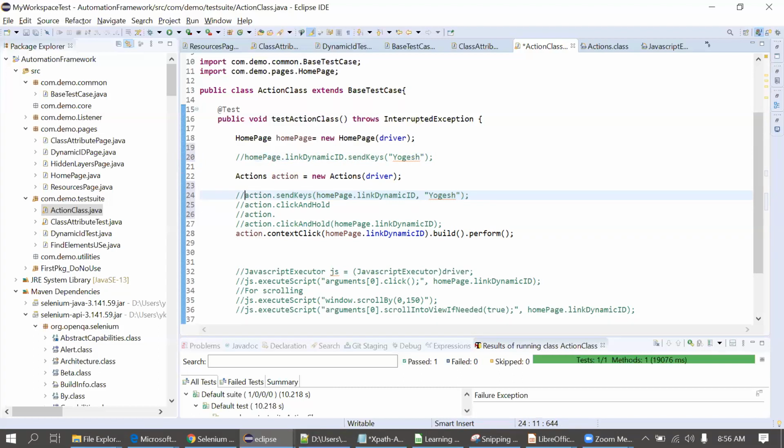Any more questions on this section? You said we have to go for the WebDriver element first, just like sendKeys. If not working, then we go for the action class. No. First go for the WebDriver method, then check manually if it is really working or not. If manually it's working, but from WebDriver it's not working, then go for the action class.